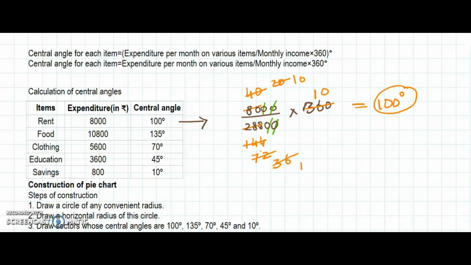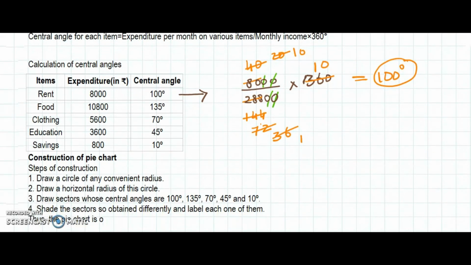You can see, first what you have to do is draw a circle at any convenient radius. First of all you have to take any convenient radius. It should not be too big or too small. The second step is we have to draw one horizontal line. Suppose it is a circle, let me draw one circle, so at least you can understand. Just wait a second. Well, this is one circle. I'm sorry for the mistakes.